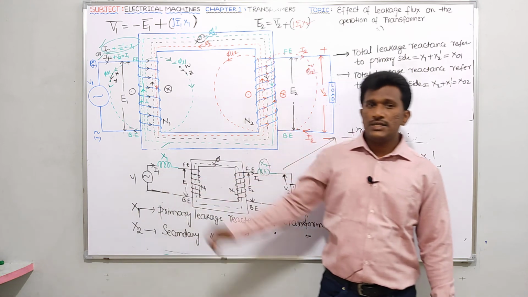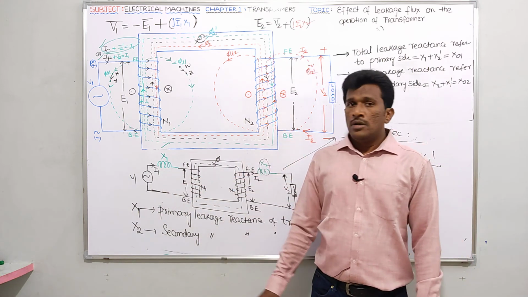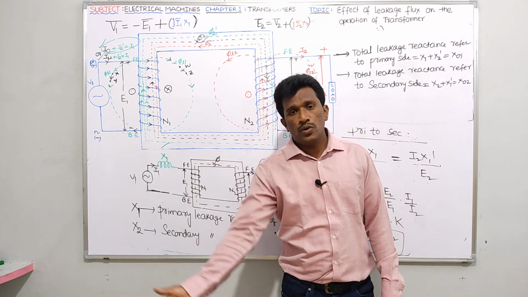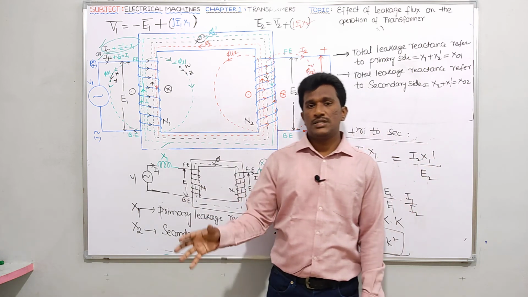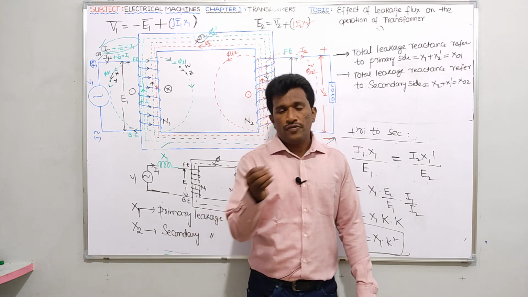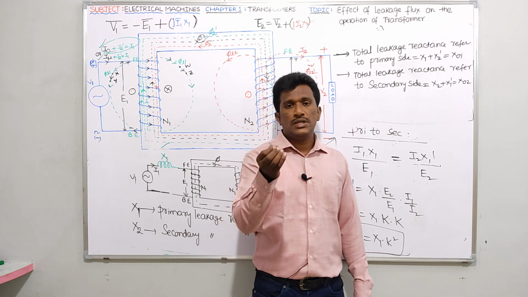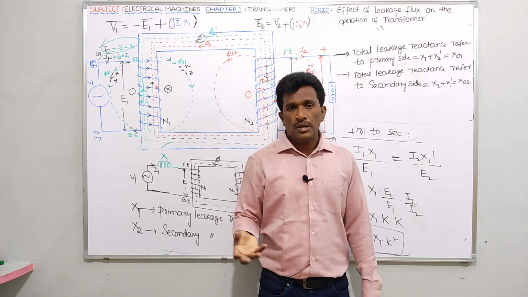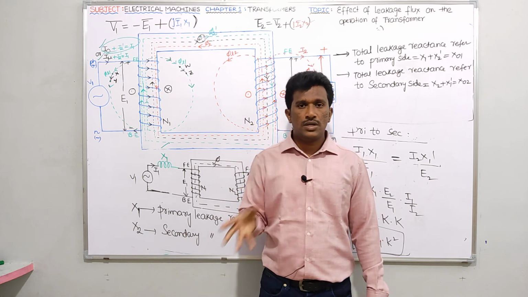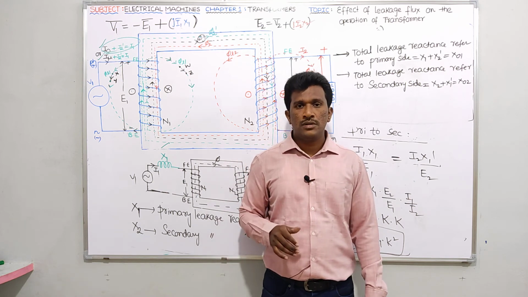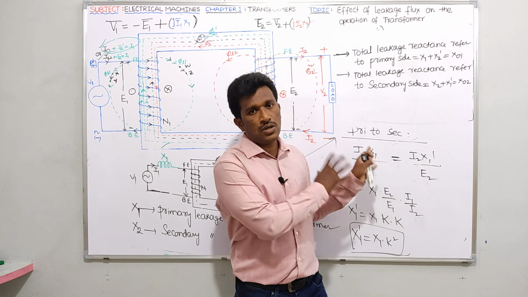So what is the conclusion, guys? Very simple. I told you, because of N1 I1 equals N2 I2, don't expect that 100% phi2 dash and 100% phi2 will cancel. So 5% leakage fluxes will be there in the primary and secondary sides. Because of these leakage fluxes, you get some useless EMFs, EX1 and EX2, in the primary and secondary sides. I can compensate those EMFs by drawing one vector diagram. I have drawn that vector diagram also.